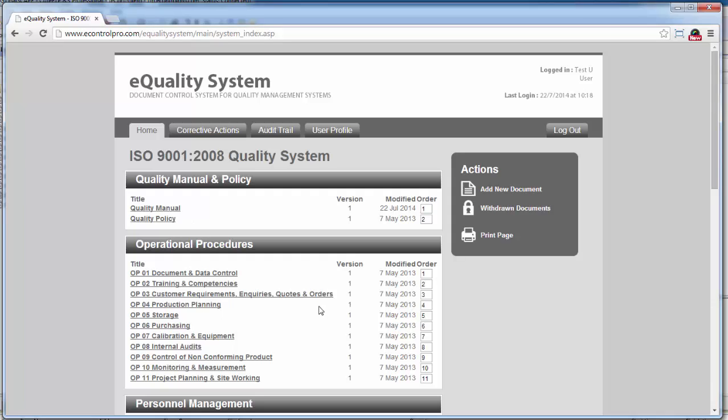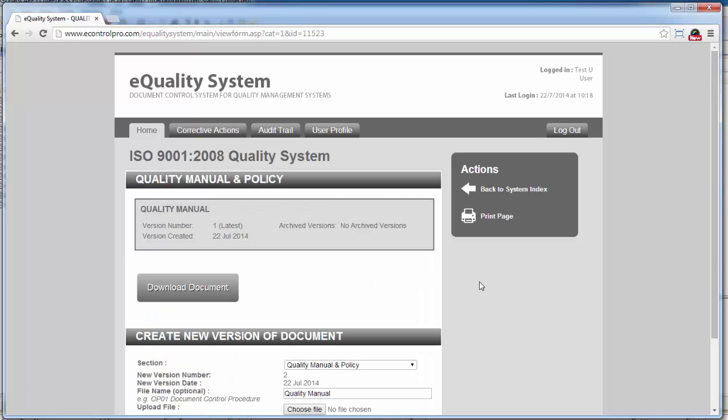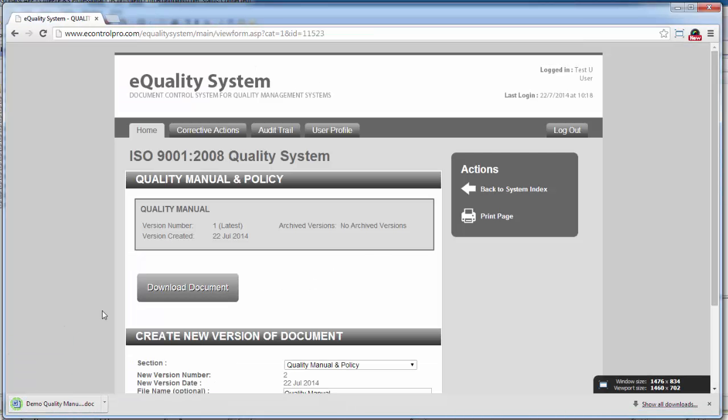So in order to view the document, you just click onto the quality manual link, and then this brings up the information for this document. What you can see in the top here is that this is the latest version. This is version 1 of the quality manual that we've just loaded, and there are no archived versions to view currently. To view this document, just click on the download document button, and what that will do is save a